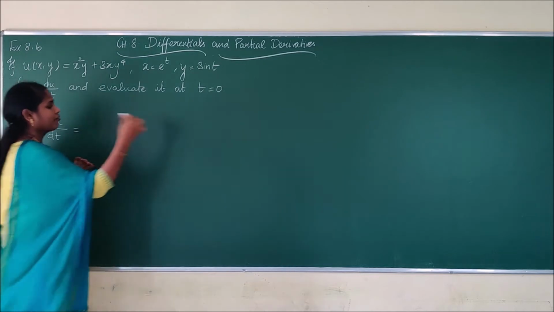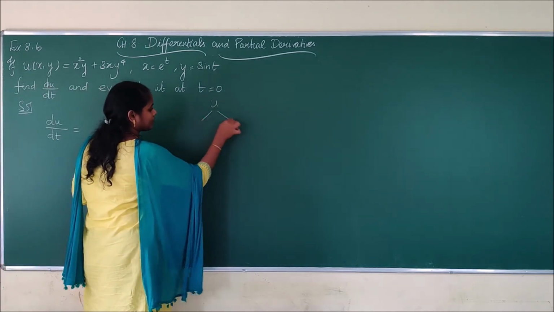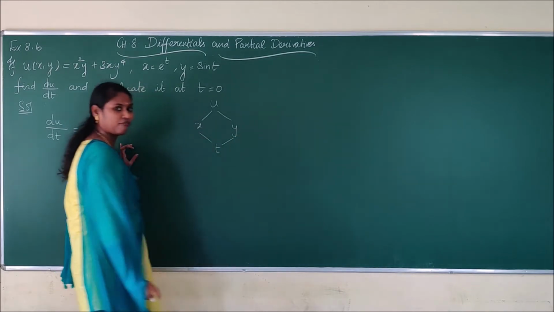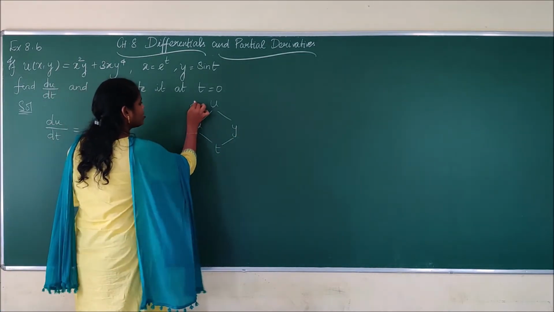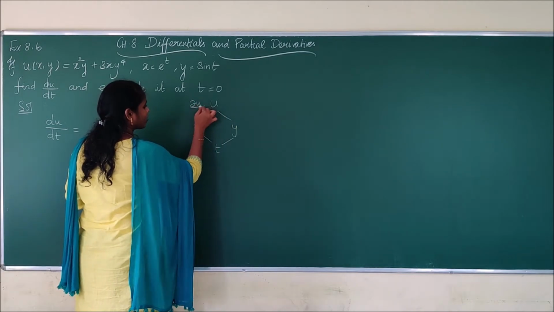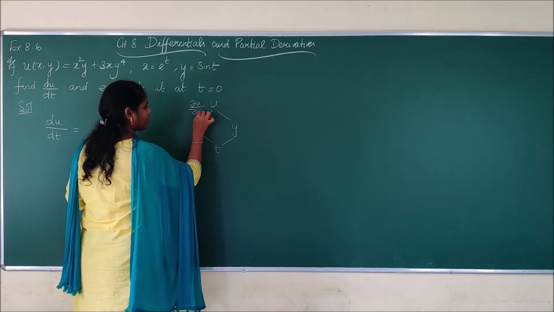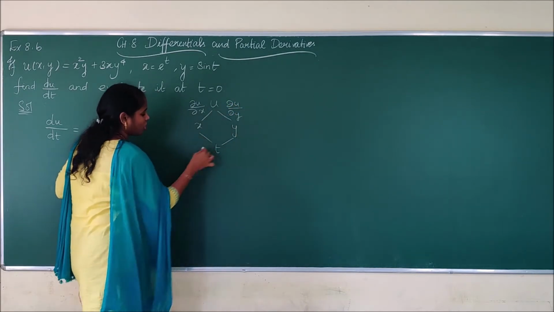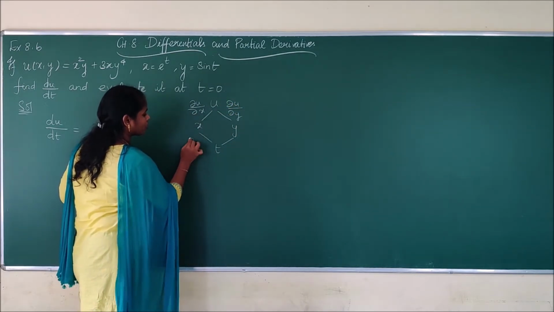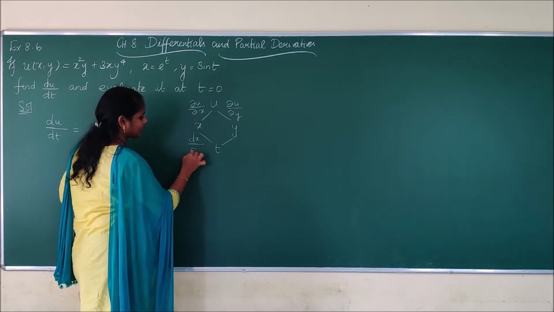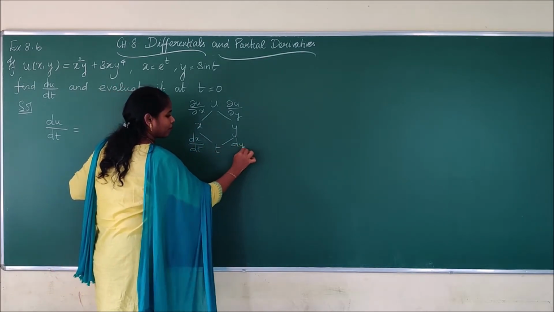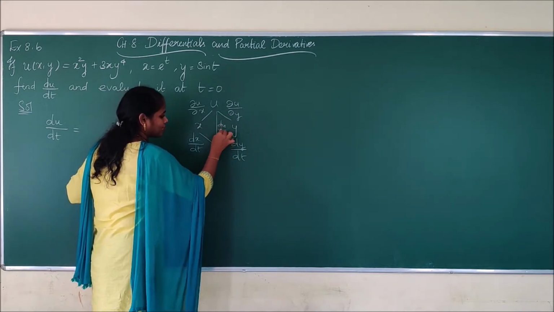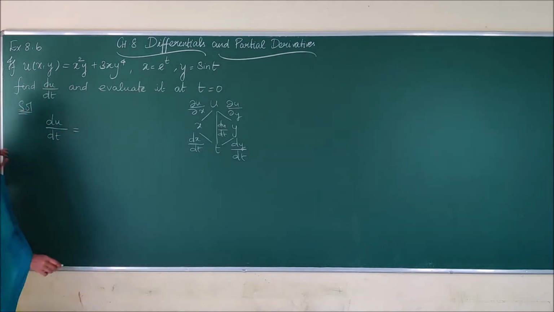Now my function is u, which is in x and y, and x and y are in terms of t. Now you can write the formula. Here it divides into two parts, so I'll use partial derivative. This is dou u by dou y. And now here it joins to a single variable, so we are going to use direct differentiation, that is dx by dt, and this is dy by dt. And finally we are going to find du by dt. So we can arrive at the formula using this.